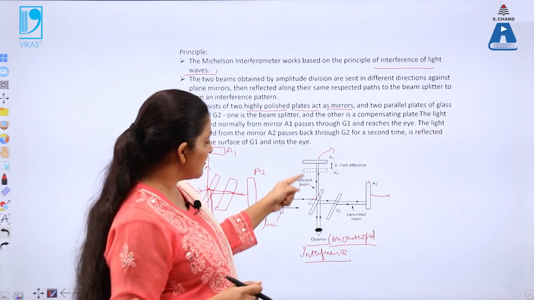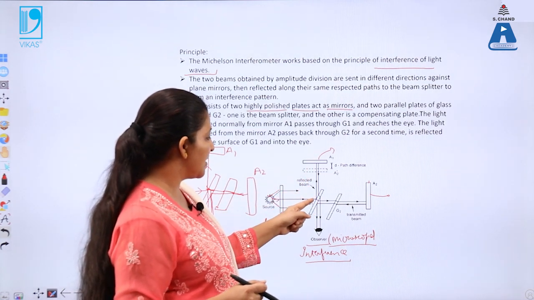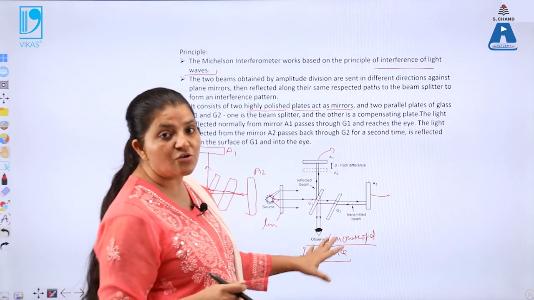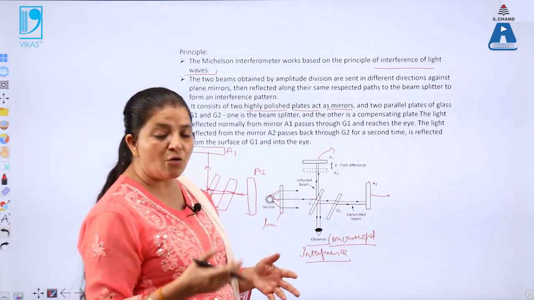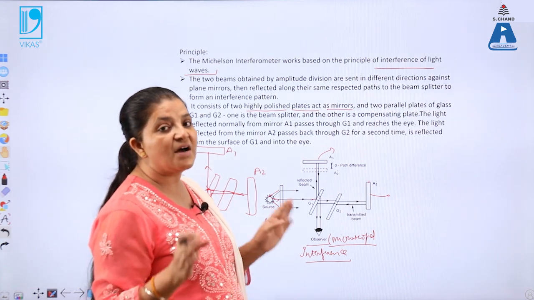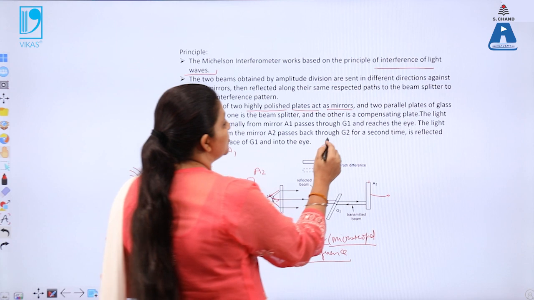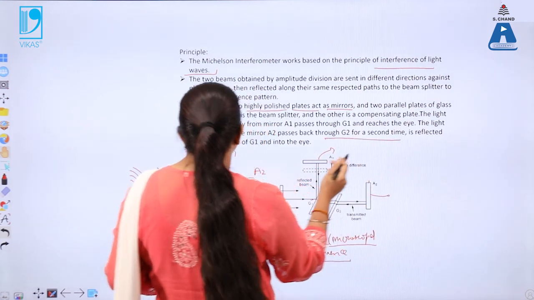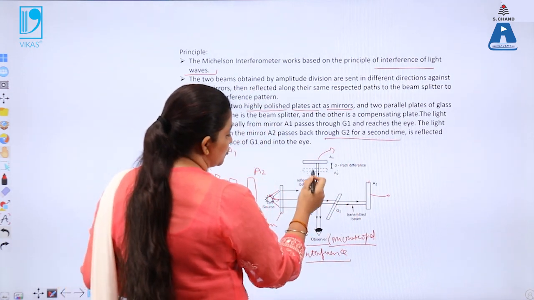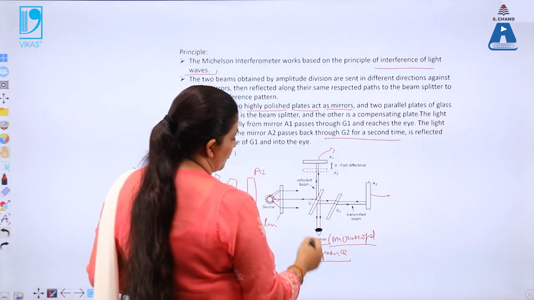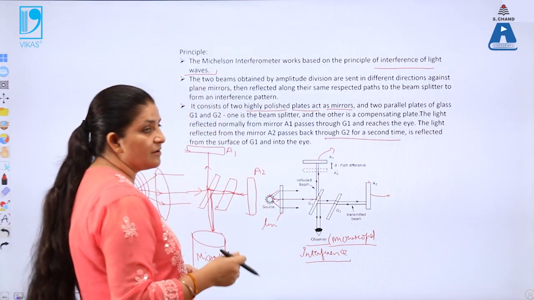So it travels two times. While the transmitted rays, firstly it will travel once when the glass plate G2 is not present over here. So in order to overcome the path difference between these two rays, the glass plate G2 is used. Again, from these two plates, the light will reunite over here, and from the microscope we will get the interference